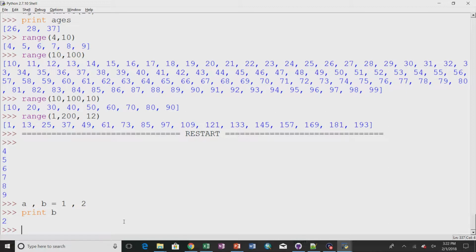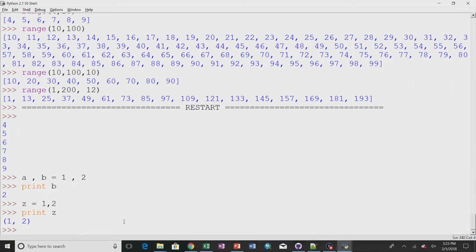A tuple, you could also say Z is equal to 1, 2. Now if I print Z, a tuple is like a list, but instead of square brackets, it has regular parentheses. But only when it's shown to you. You don't need the regular parentheses to define a tuple. You can put them in there, but they're not necessary. So D is equal to,